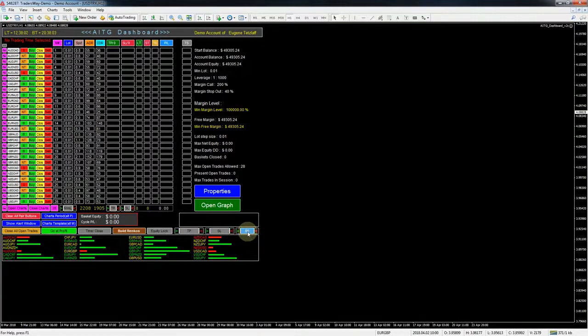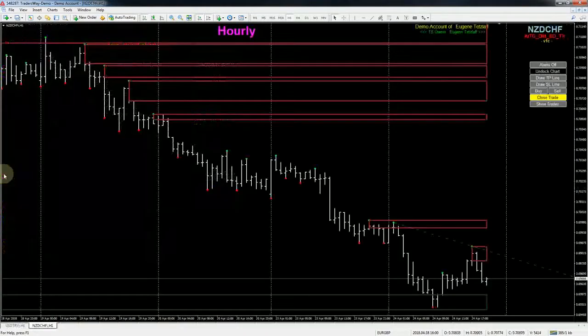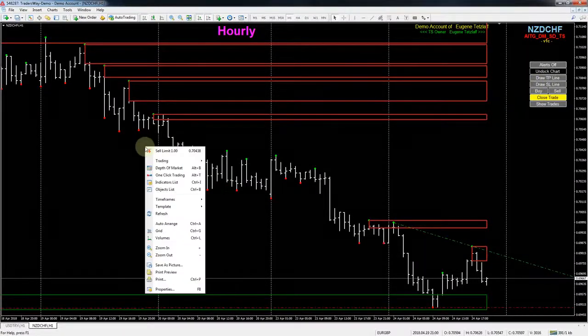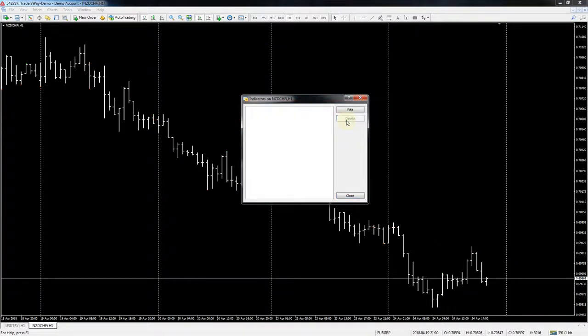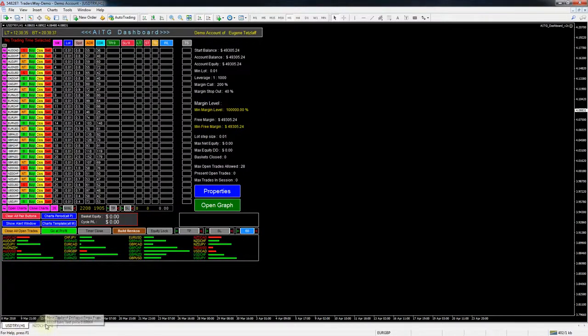Okay, so now if you don't want to use it as a final filter but just want to trade it as is, you turn off your charts because we don't want any trading systems to be kicking in and sending any signals. You can have a chart open if you like, but in this case you can see it's got a trading system on it. What you want to do is make sure your charts do not have any trading systems on them. So you can have a chart like this open if you want to look at it, but you don't want any active trading systems